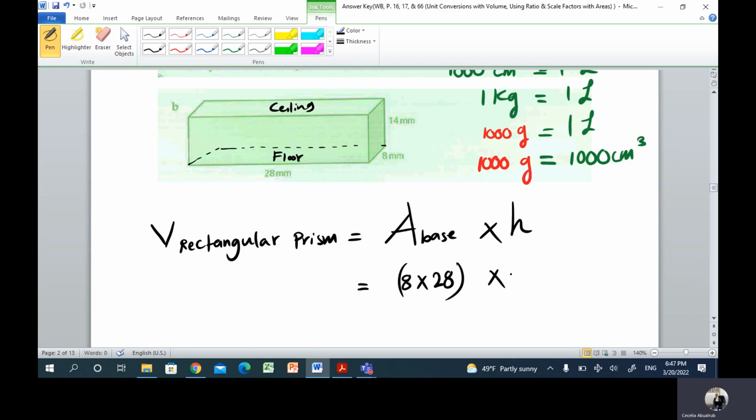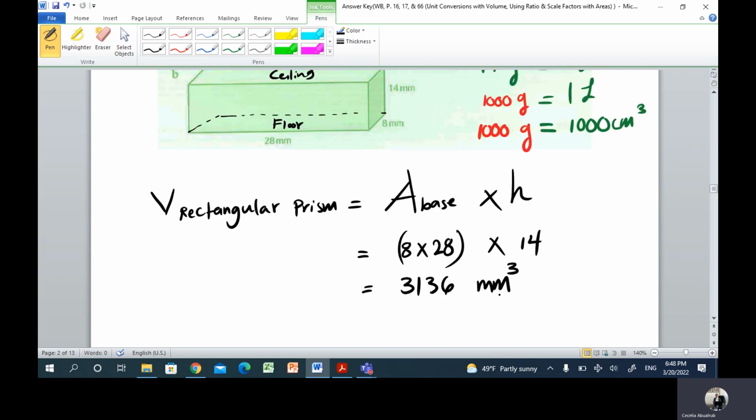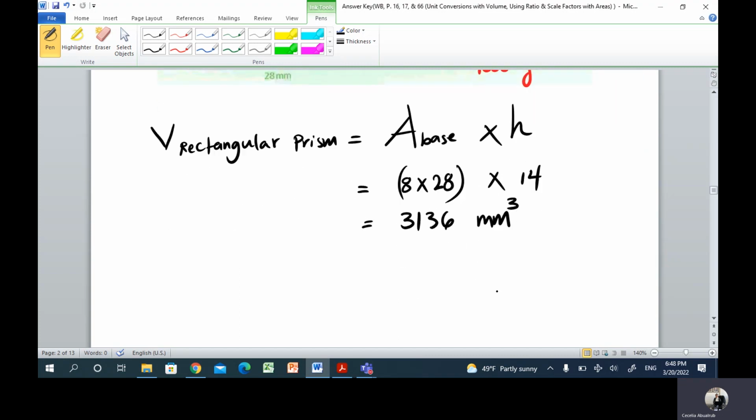The distance between them is 14 millimeter. So 8 times 28 times 14 will be 3,136. And remember, the measurement unit is millimeter cubic or cubic millimeter. Okay, if we want to convert it to centimeter cubic, remember, there is a fact